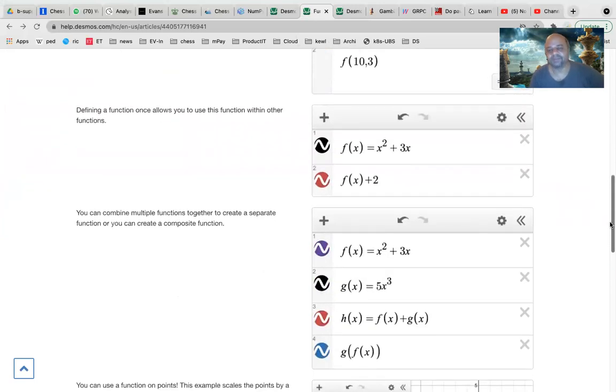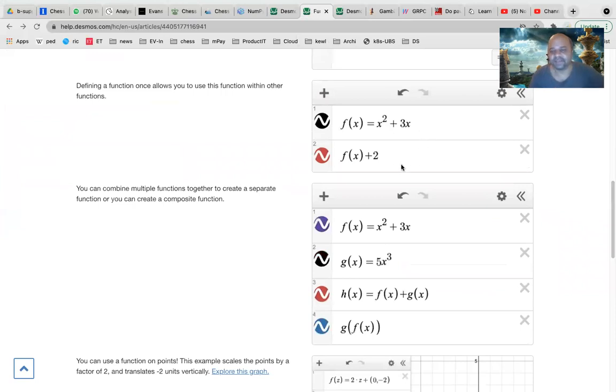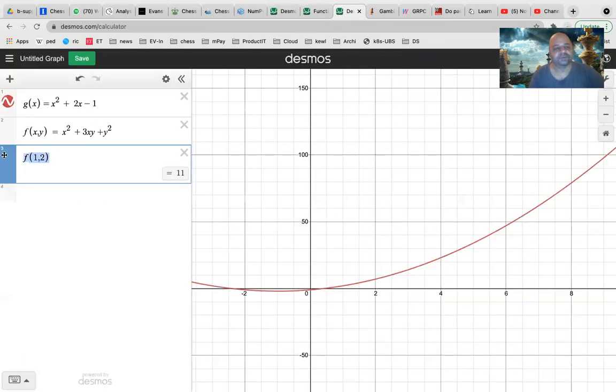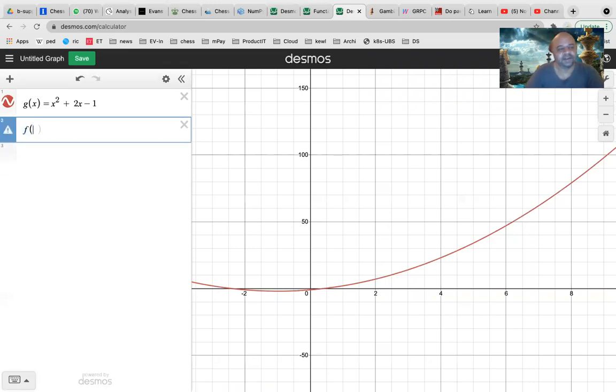Now, we have seen some things like this. You can even write f of x plus 2, which means first it will calculate whatever is f of x, which is x square plus 3x, and then add 2 to it. This way also you can get it. But functions become even more powerful when you write more. So let us consider this. Let us remove it. Let us get one function f of x is equal to sine of x.